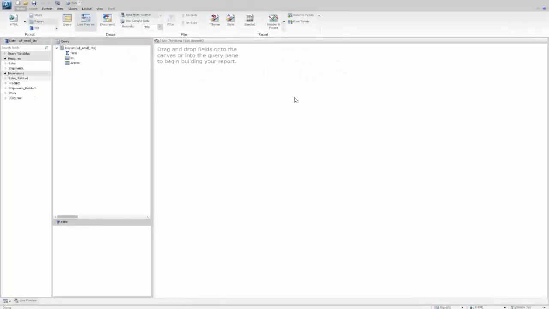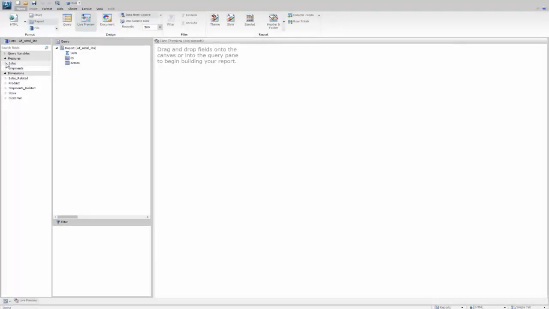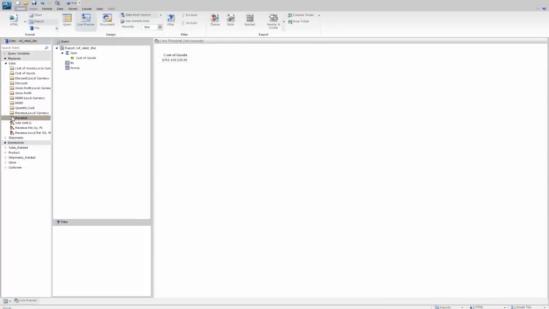So let's see how we create this report from scratch. Inside of InfoAssist Plus, I'm actually going to use the WF Retail Lite data source, and we're going to use some of the metrics from the measure area, and we're going to put them into the query tree to define our report. So we'll actually put on there cost of goods, revenue, and gross profit. And the last field